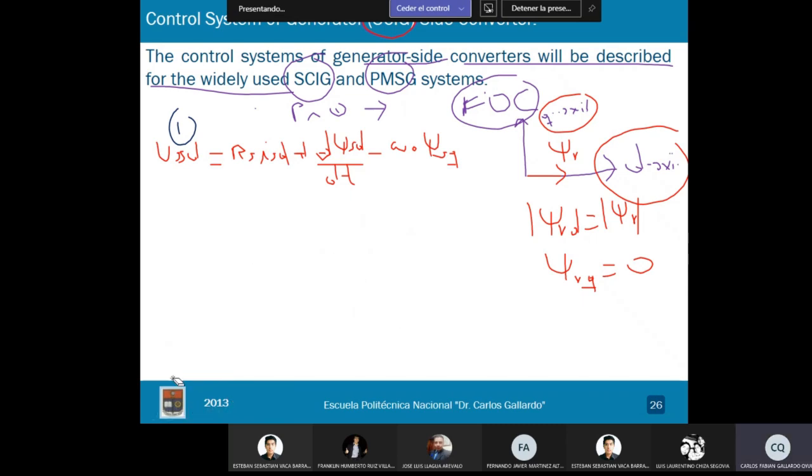From the previous lecture, we have already demonstrated the equation for the fluxes. Let's call this equation number 5, and this equation is for the stator flux on the D axis. The stator flux on the D axis is equal to the stator inductance times the stator current on the D axis, plus the magnetizing inductance times